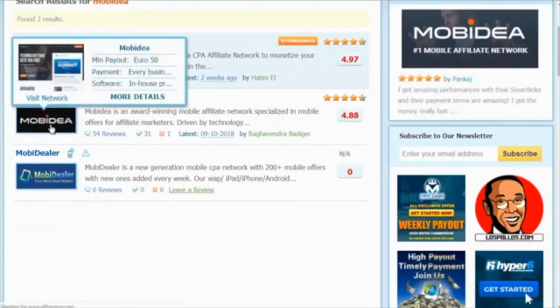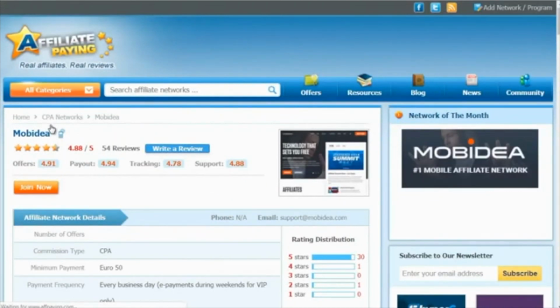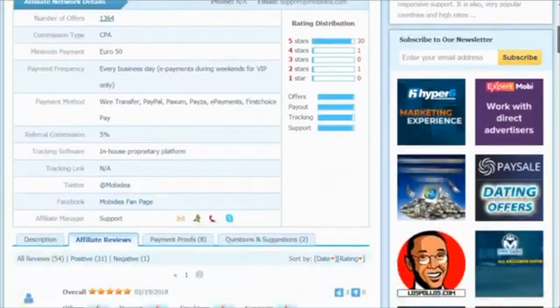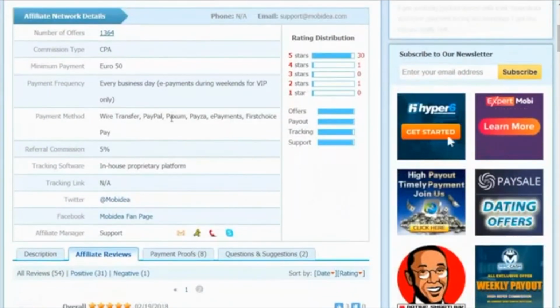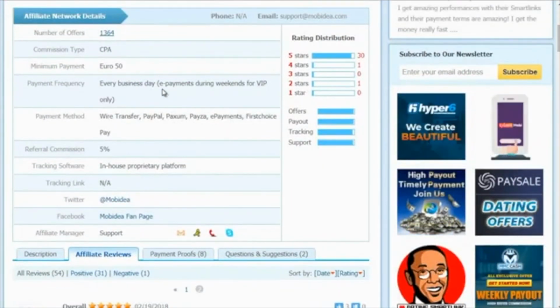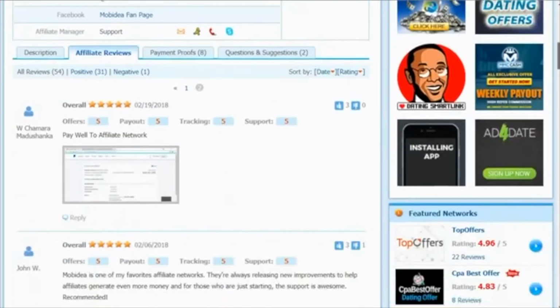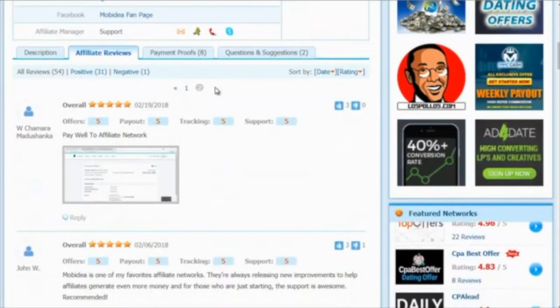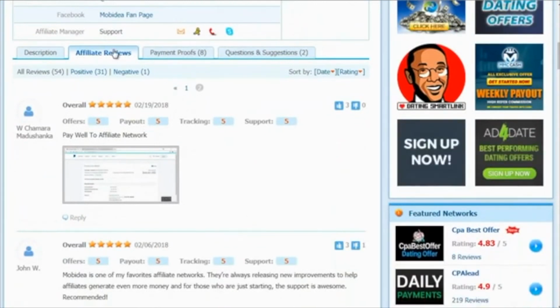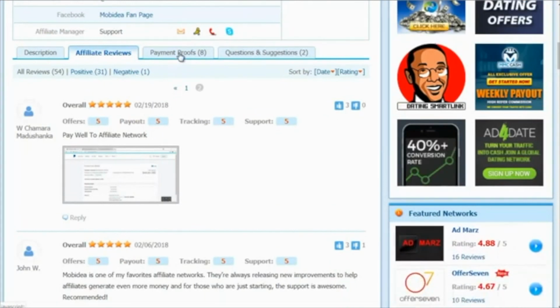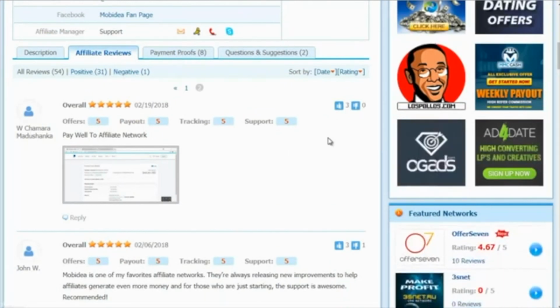We can see that there are about 31 positive reviews and 1 negative review. So you can get an idea of how they pay out and how fast they pay. Now, to me, this is just information. What I really pay attention to is the affiliate reviews, both the negative and the positive, and the payment proofs. So as we can see here,